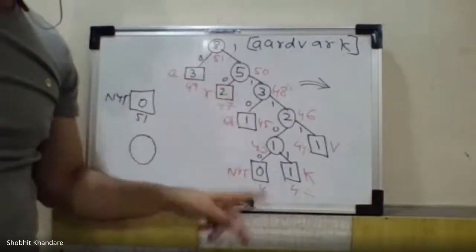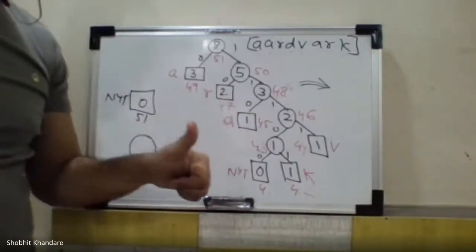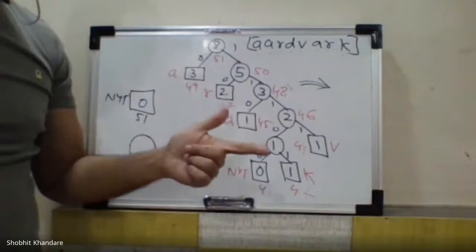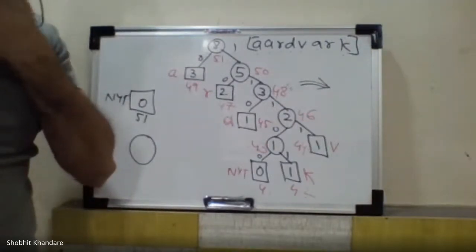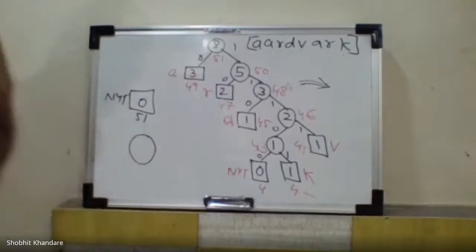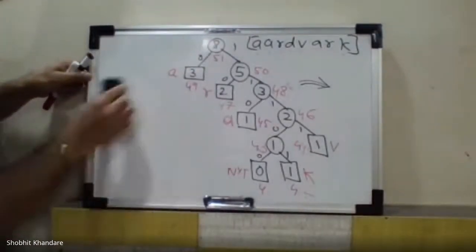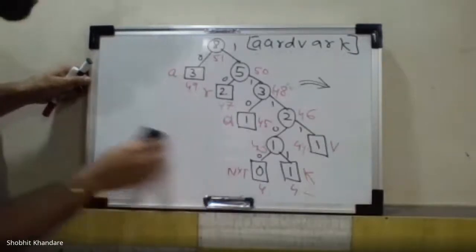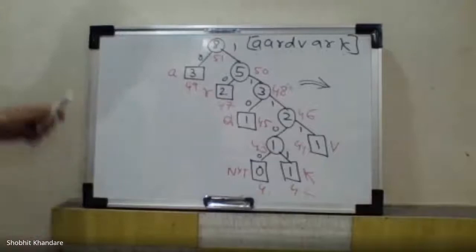Those who did not get this, please draw this so that we can proceed further. So the first step is completed, that is updation of the tree. We are going to the next, that is encoding the tree, encoding the message. We'll go with the encoding of the message. Okay, encoding of the message. I'm going to rub this. Those who did not get it, those who have not done it, please draw the final tree diagram so that we can proceed further.